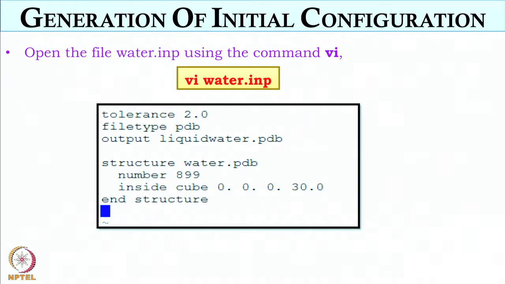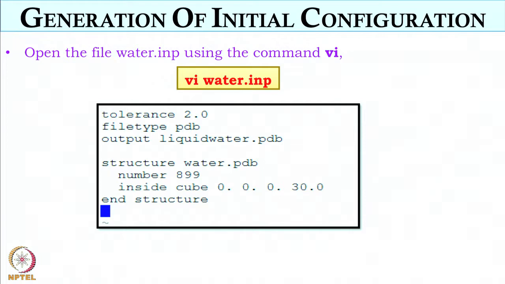Is this not created by us? You can create it or you can download it also. If someone is a beginner, they don't know the format of an INP file. So they can go to the PACKMOL site, where there are input examples for a water-urea mixture, for a bilayer, for a single water molecule. They can download the INP file and PDB file from there as a beginner, and it's free of cost. The INP file format for water or for any molecule is the same.